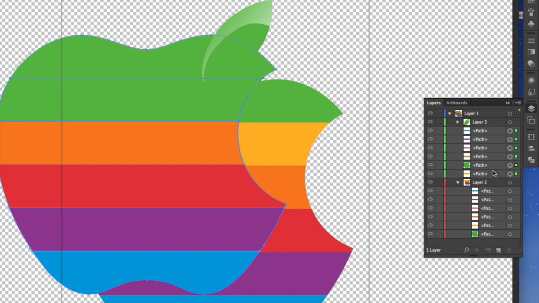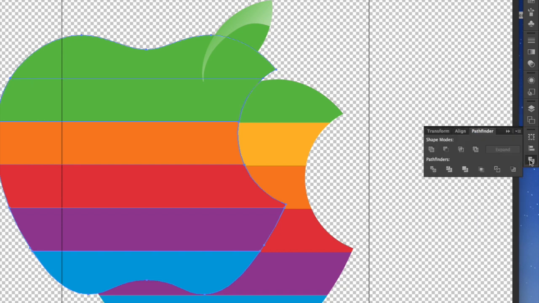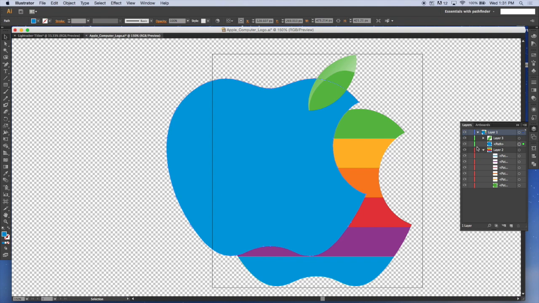Okay, they're all in their own layer now. So these ones will go into Pathfinder and unite them to be one thing. So this one, in its own layer, I think I'll modify now. I'll put it right in front of